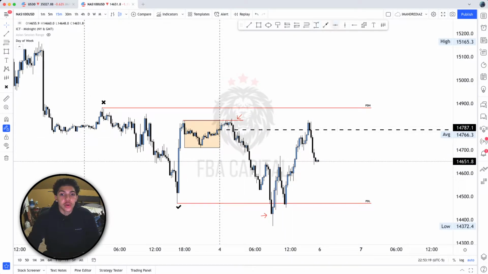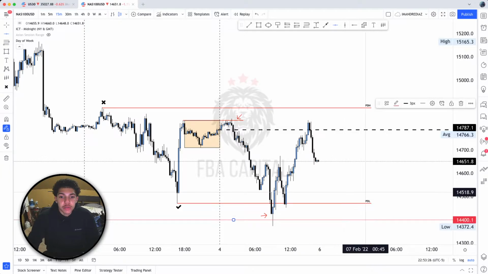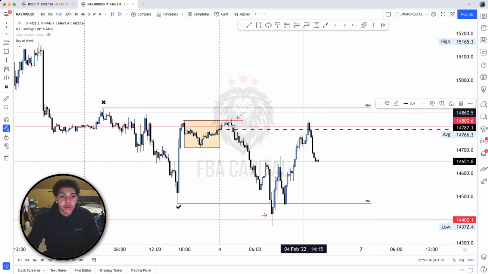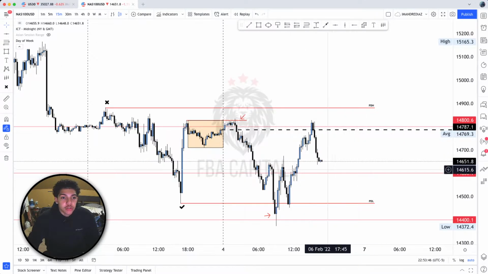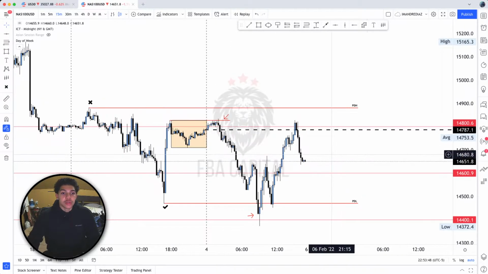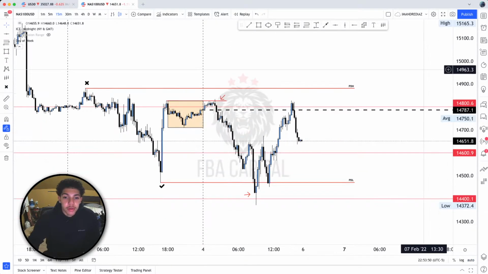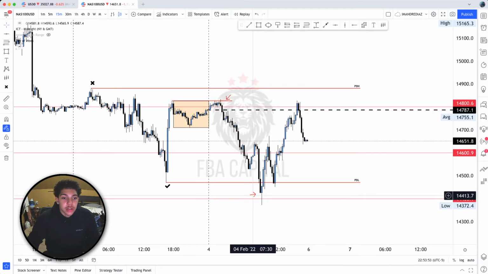So now let's get into our actual figure levels, so to say. Down here we have the low of the day that was created at 14,400. We also have the high of the day that was created at 14,800 right up here. Then we had this retrace into here, and right in here we have the 14,600 level. You can see price was trading within that whole range the whole time. So these are the main big figure levels. There are more above and below, but these are the ones where price actually traded to and from.